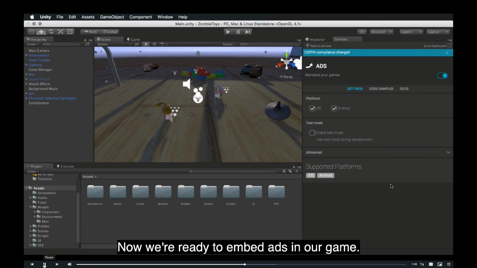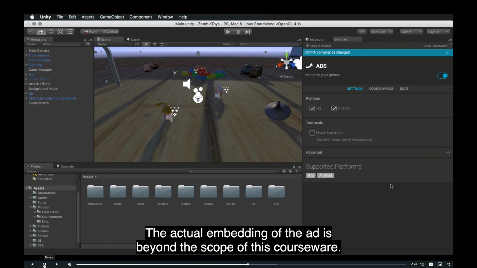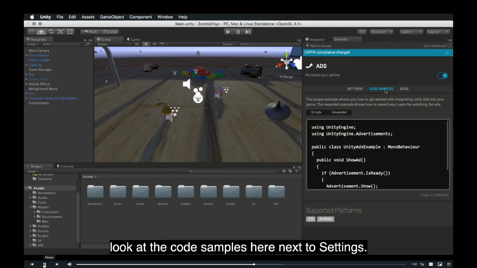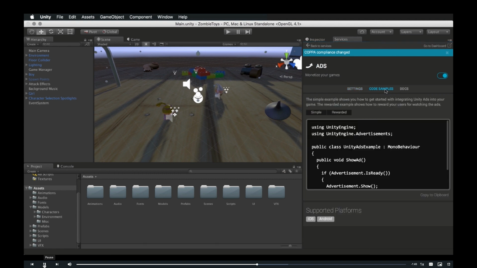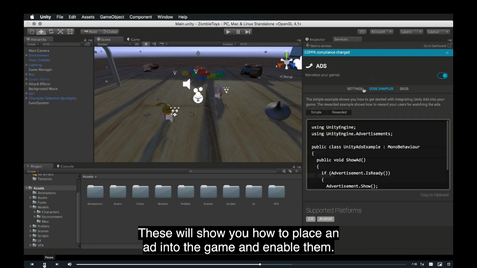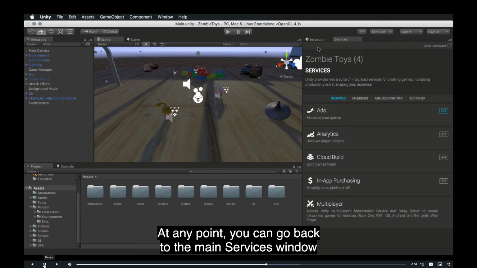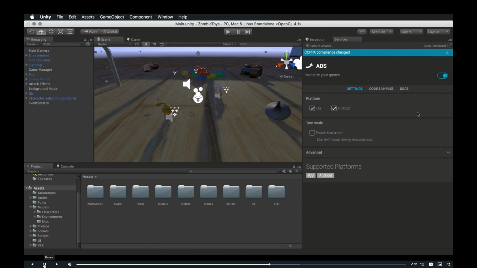The actual embedding of the ad is beyond the scope of this courseware. However, if you'd like to take your knowledge further, look at the code samples here next to Settings. These will show you how to place an ad into the game and enable them. At any point, you can go back to the main Services window by clicking Back to Services. I'll turn off Ads